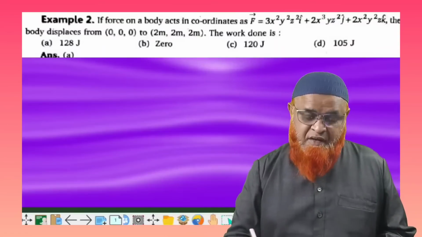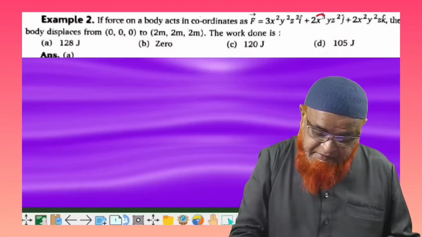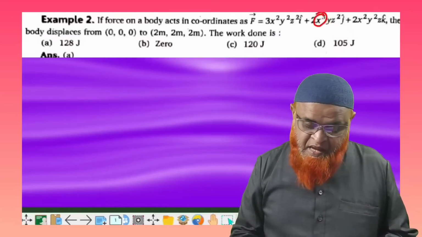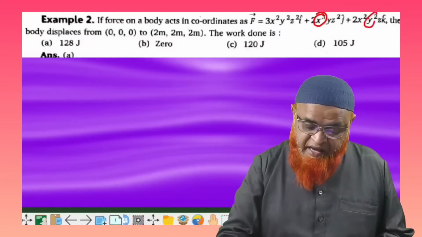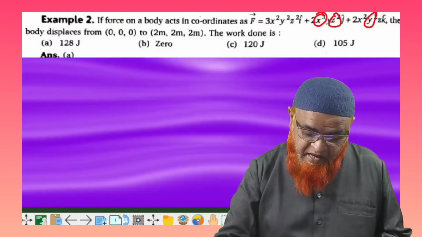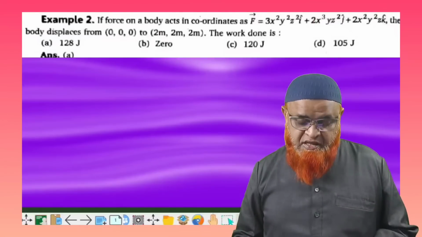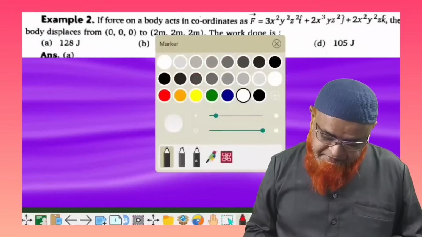If you observe the equation, the highest power of x is going to be x cube. And what is the highest power of y? It is going to be y square. And what is the highest power of z? It is going to be z square. Okay. So therefore, what you are going to do now is, you just write here